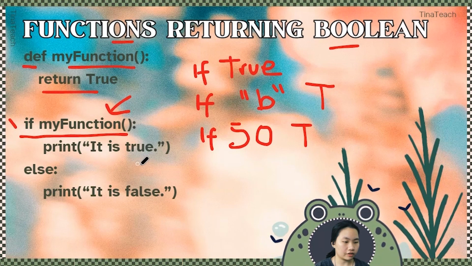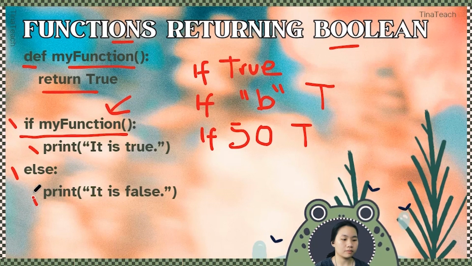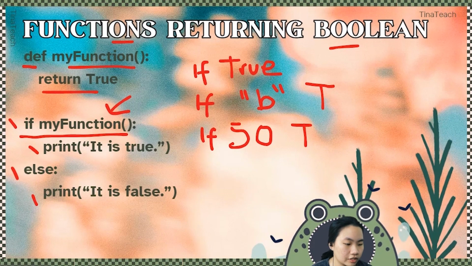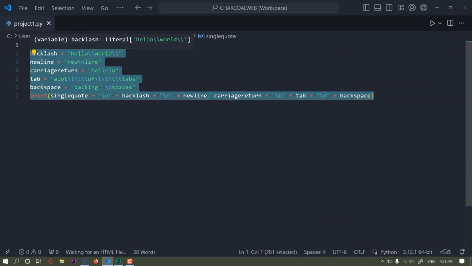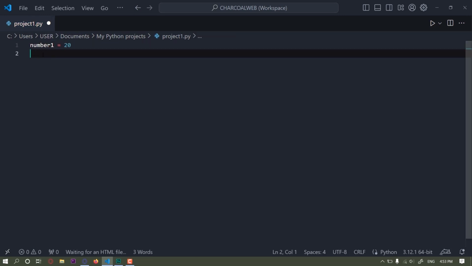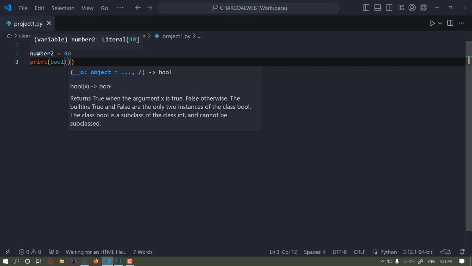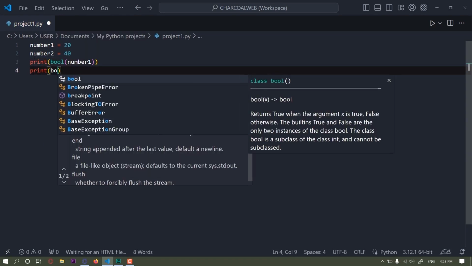If my function is true, print is true. Else, print it is false. Okay, now let's have a little bit of a demonstration. I have my Python project file right here. Let's have number 1 equals to 20, number 2 equals to 40, boolean function, number 1, print boolean